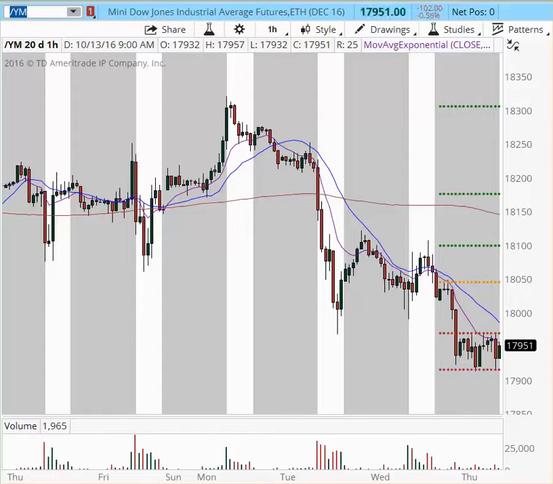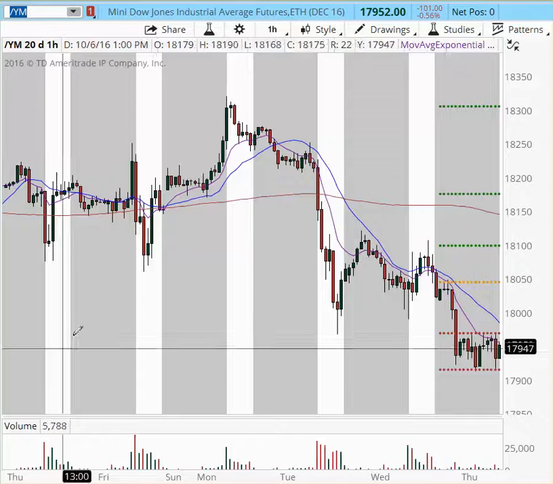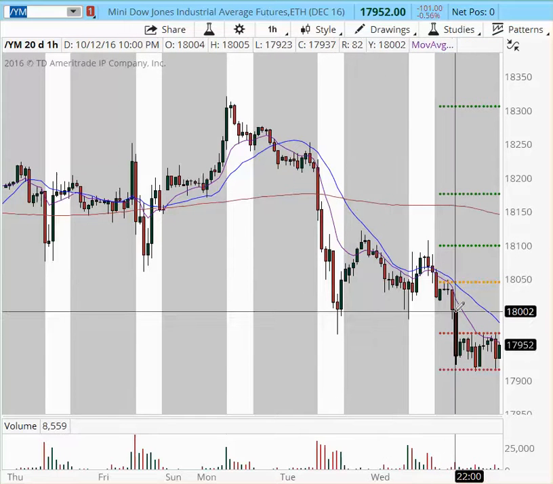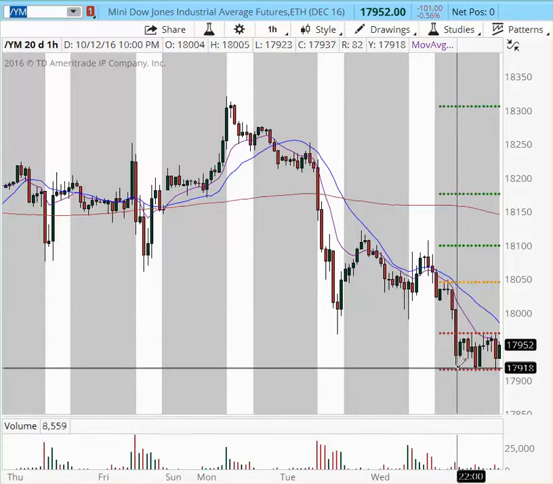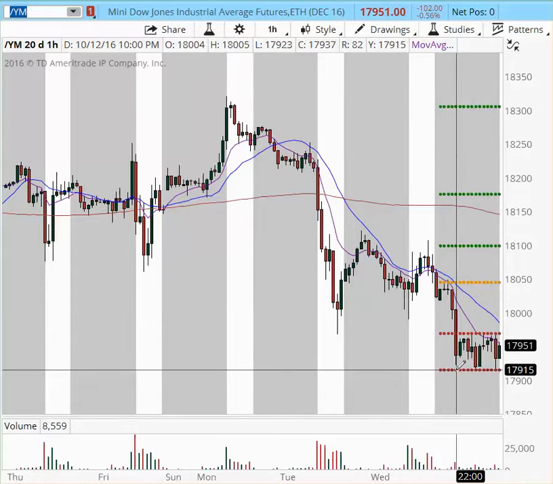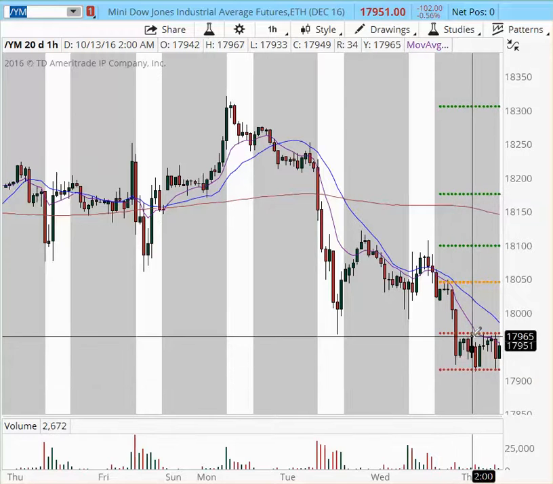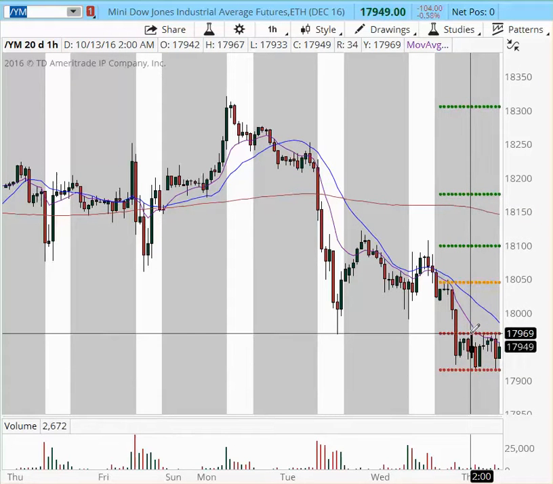This is my pre-market game plan for major futures indices, gold and oil, for Thursday, October 13th, and it is 9:15 a.m. Eastern Time. YM, we have it on a 1 hour chart. We had trade balance data come in from China that pushed the price lower all the way into 17,915. It formed an area of resistance from which the price has ranged between this support level and resistance level at